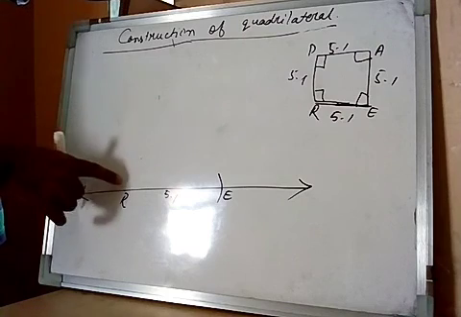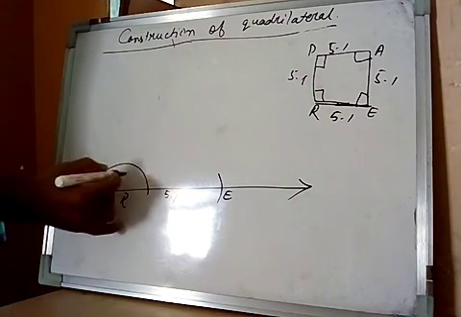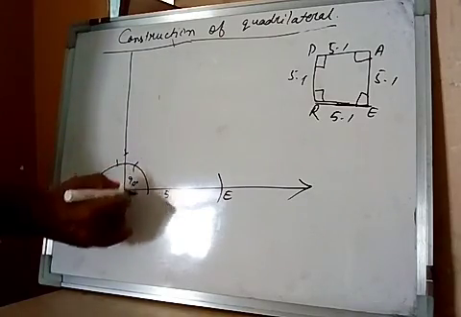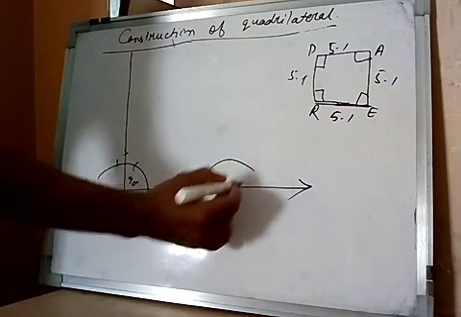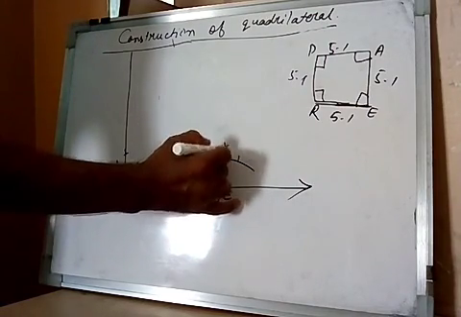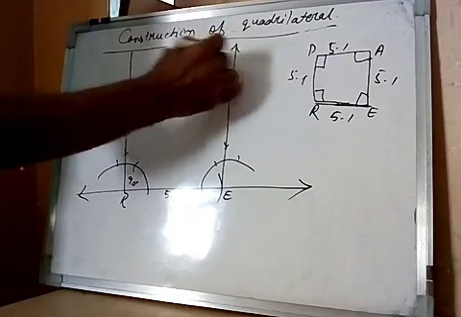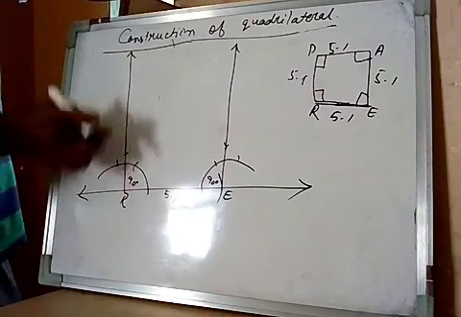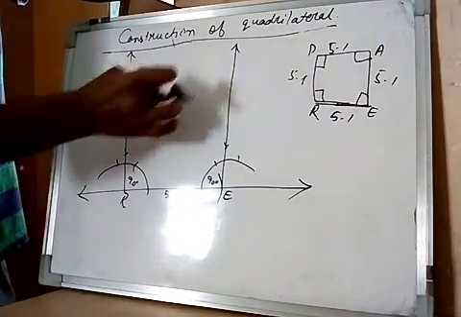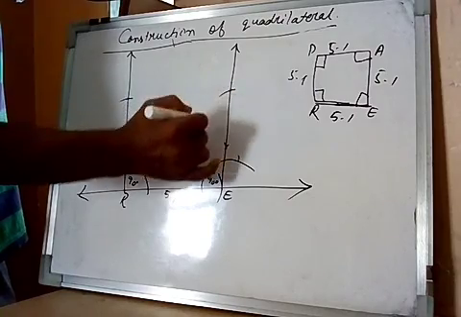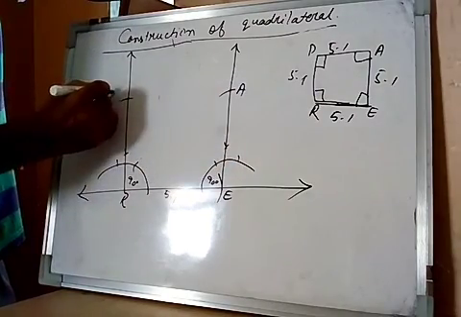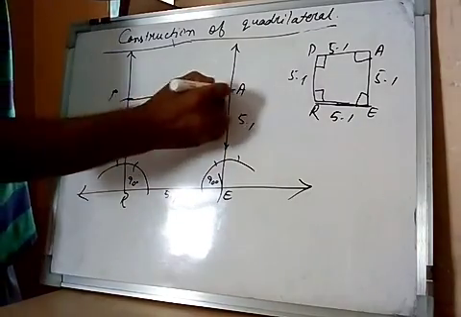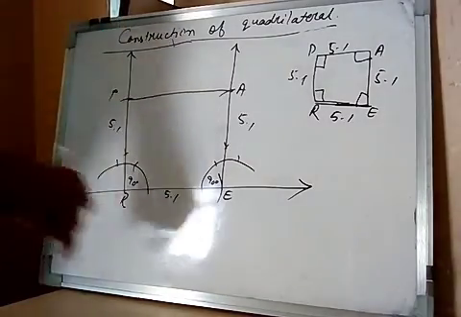5.1 centimeter. At R you have to construct what? 90 degree. So this side, 90 degree. At E you have to construct what? 90 degree. Now from R to here you have to cut 5.1, E to here you have to cut 5.1. So 5.1, this side 5.1. This one is A, this one is D. 5.1, here also it is 5.1. Then you have to join these two points. So this is what? Construction of a square.